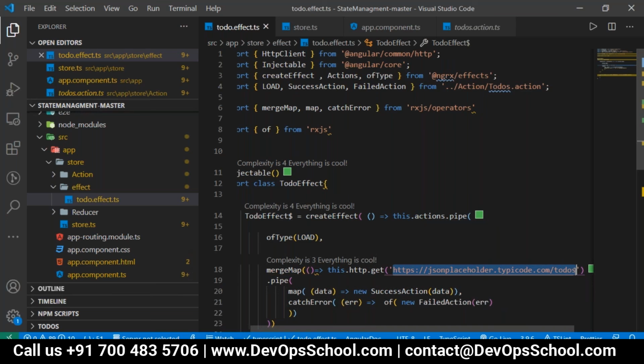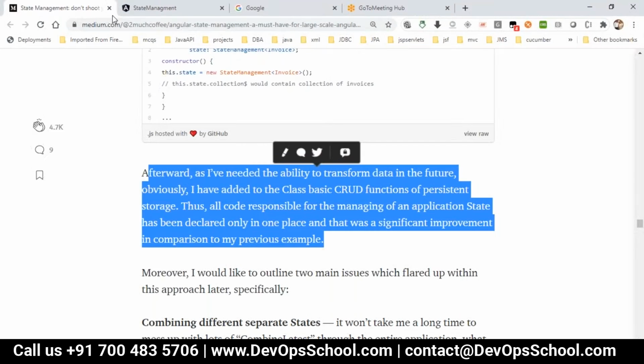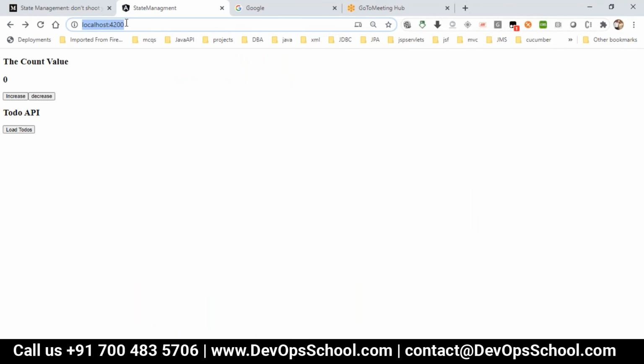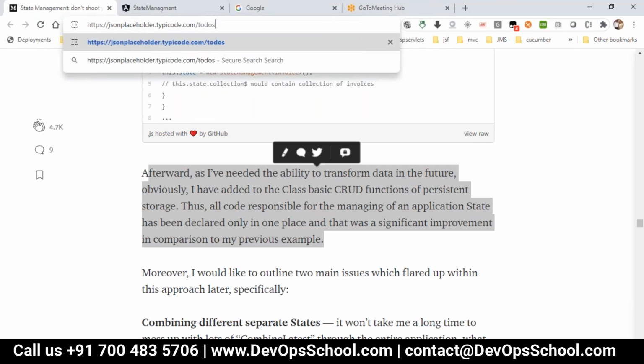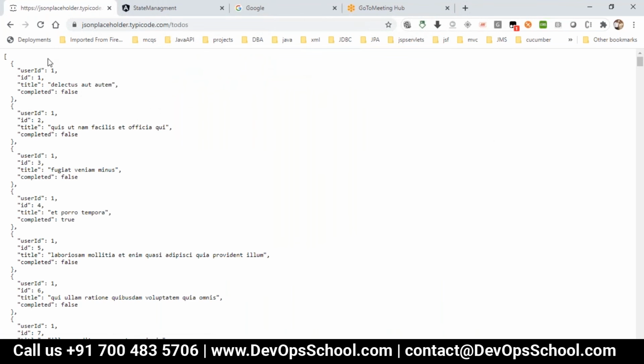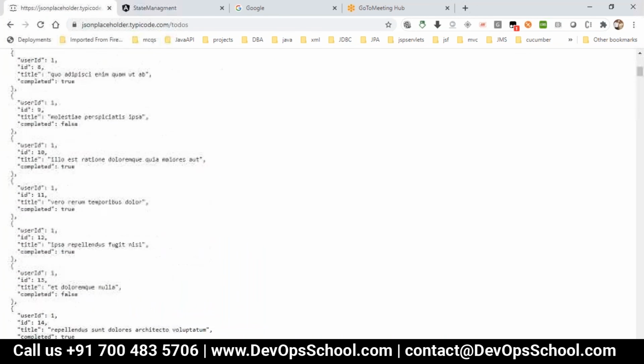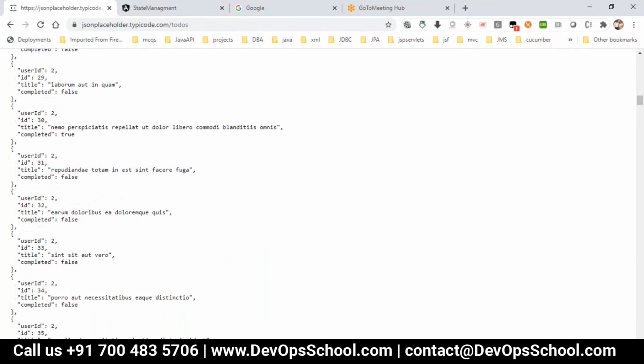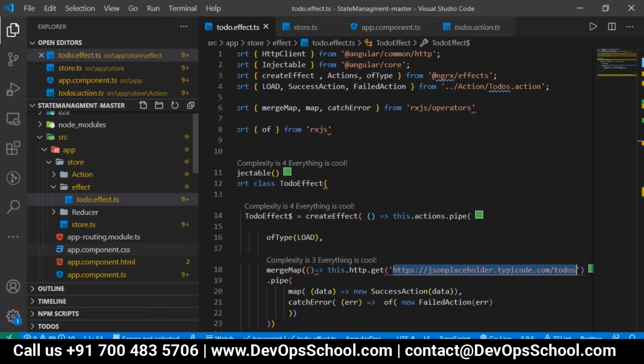This is a to-dos application, one simple fake REST API. Let me just ping that here. So this is giving the REST API data, which has user ID, title, and completed. It has a lot of data. Okay, so this data is available here.